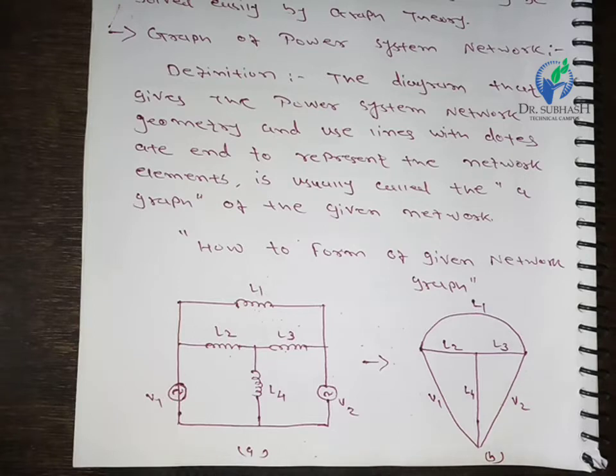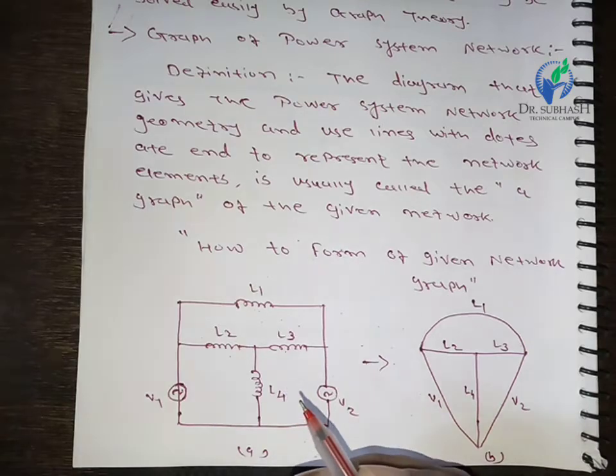The connection of the given topology, shown by replacing all the elements by lines, is called a graph. A linear graph consists of a set of objects called nodes, and another set called elements, such that each element is defined by an ordered pair of nodes. An element is any line segment of the graph representing the characteristics of the component involved.